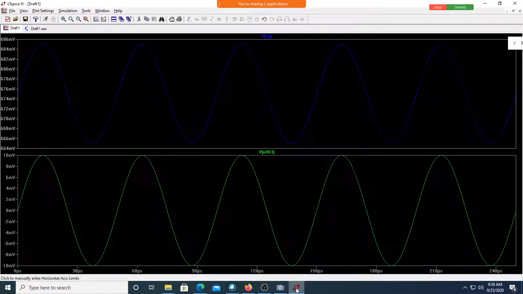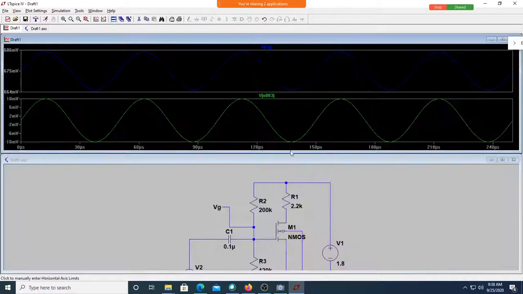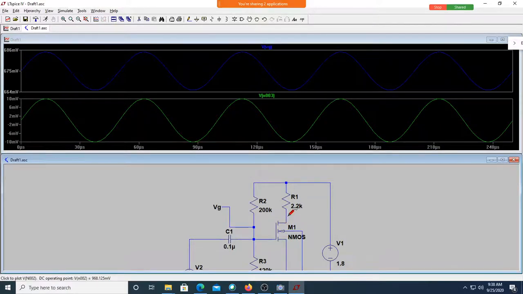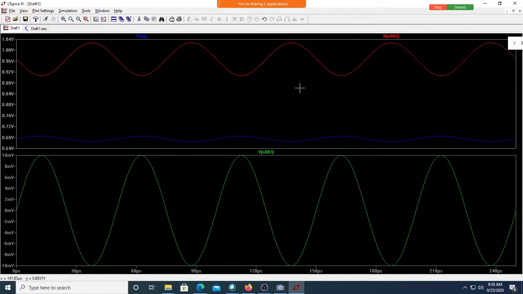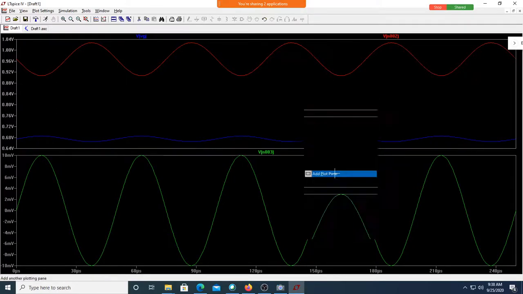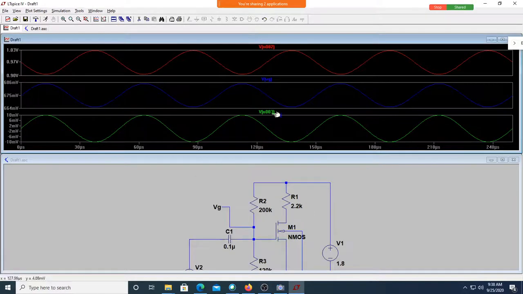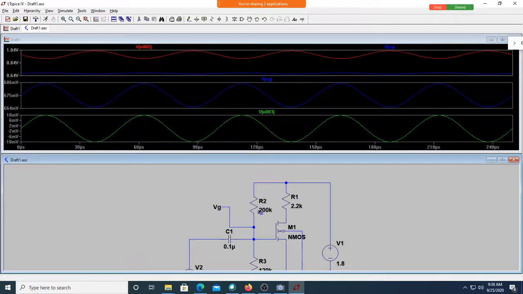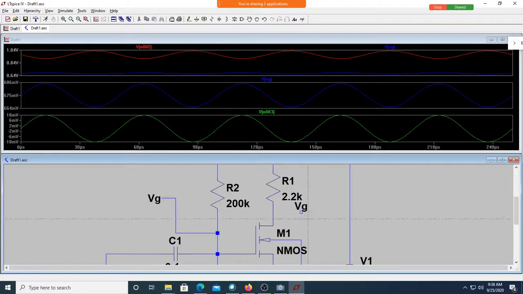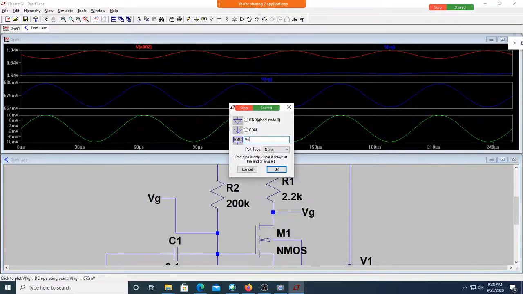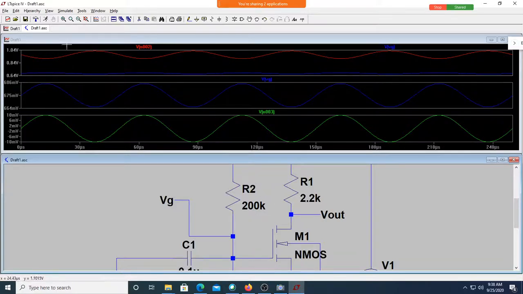Shall we do that? We'll just go to the simulator and then we'll have one more output at this point, that is at the drain point, and we'll see this. So let me just put them separate in another pane. Let me name it as Vout. How do I do that? Copy this, then putting it here. F3, connect it to this point. Let me name it as Vout. Done. Let me run this again.